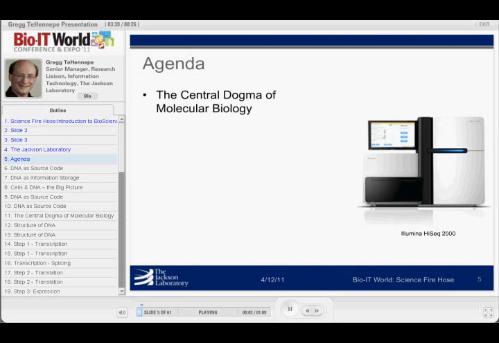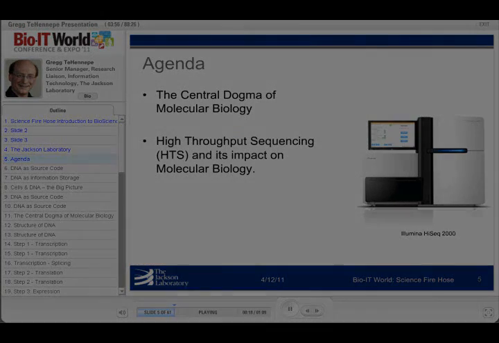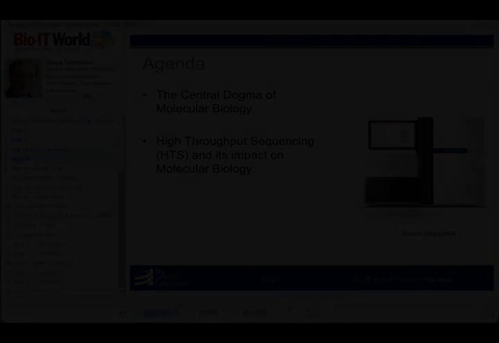We're going to start off with science. We're going to start off with what's called the central dogma of molecular biology, to understand really what's the core set of questions that biologists and geneticists are asking today. We're then going to look at how high-throughput sequencing works, and try to figure out why is it that